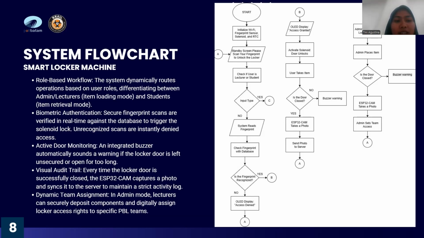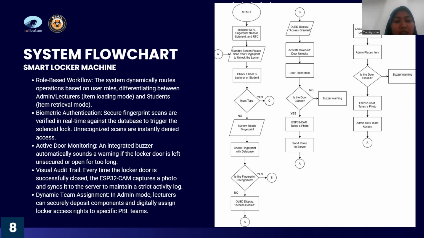Biometric authentication: secure fingerprint scans are verified in real time against the database to trigger the solenoid lock. Unrecognized scans are instantly denied access.